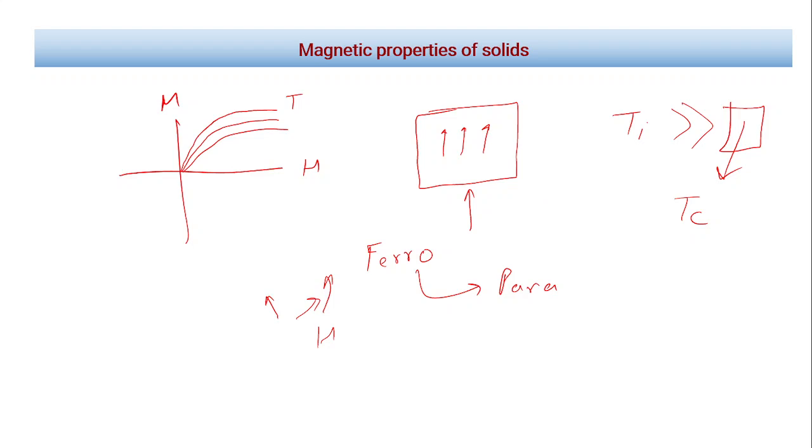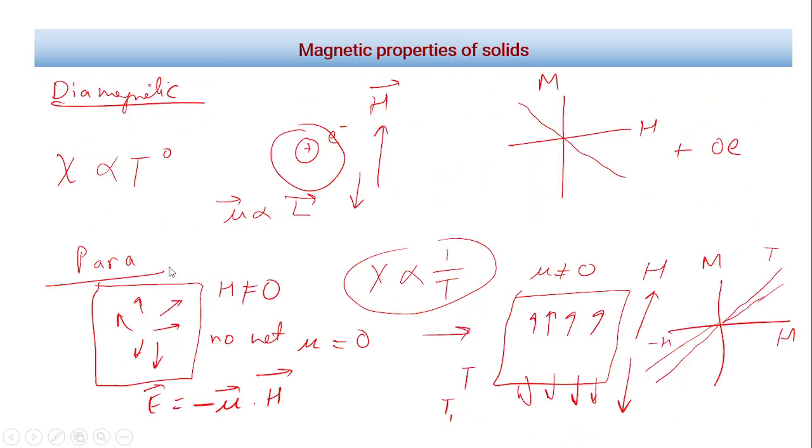So above that particular temperature, the thermal energy dominates the exchange energy term, and exchange energy is not enough anymore to keep the moments aligned. So above Tc, the moments get randomly oriented, and the loop will not look like this. This is also just like in the beginning when we magnetize, because once the ferromagnetic material is magnetized, then even if you bring the field back, the magnetization stays. So here for diamagnetic